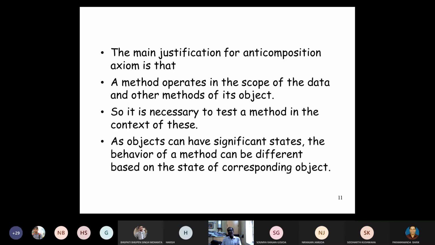The example I have already given was the account object. In a banking system, the account object has several states. You are going to open an account, it is in the initial state, or you can say new state. When you make the initial amount of 1000 rupees, then it is the initial state. Then any number of deposits, any number of withdrawals you can make. That is known as the working state.